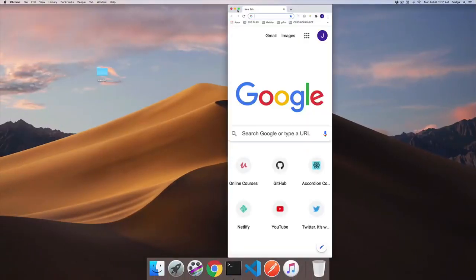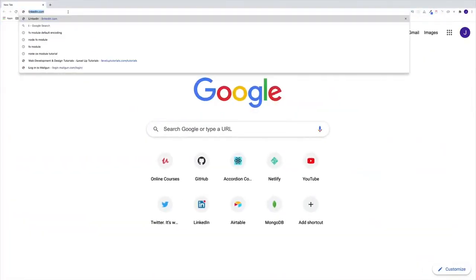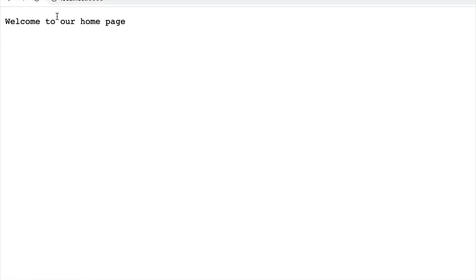And of course, if I go to my web browser, and then I'll make this bigger. And if we go with localhost, and of course, in this case, we have 5,000. There it is. We have welcome to our homepage. So now, of course, we have effectively created our first website. Now, granted,